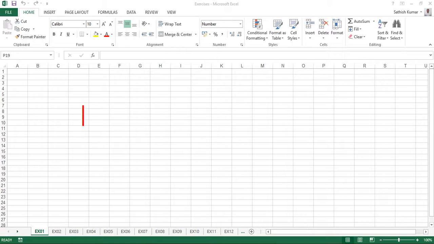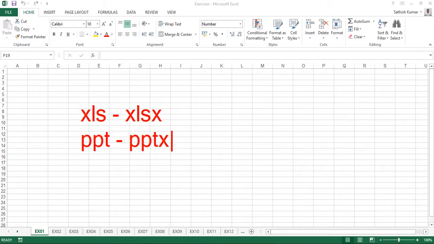has been changed. In earlier versions, before 2007, it was XLS. Now it has become XLSX. Thus in 2007, after 2000, it has become XLSX. Similarly, PowerPoint was PPT. Now in the latest version it is PPTX. Similarly, Word was DOC. Now it is DOCX. The X has been added because the latest version was stored in the format